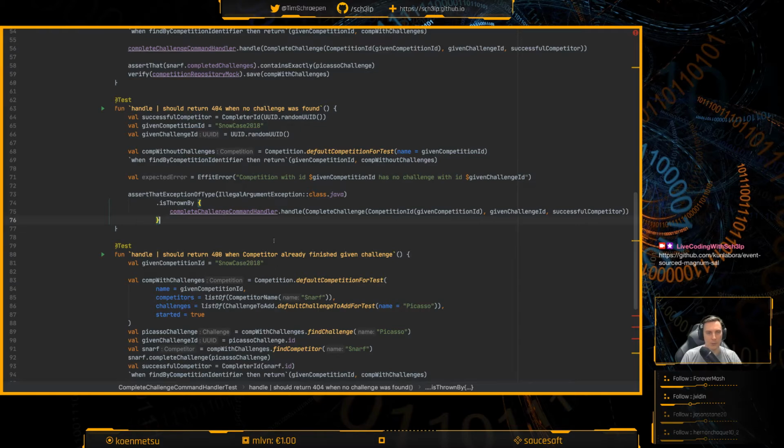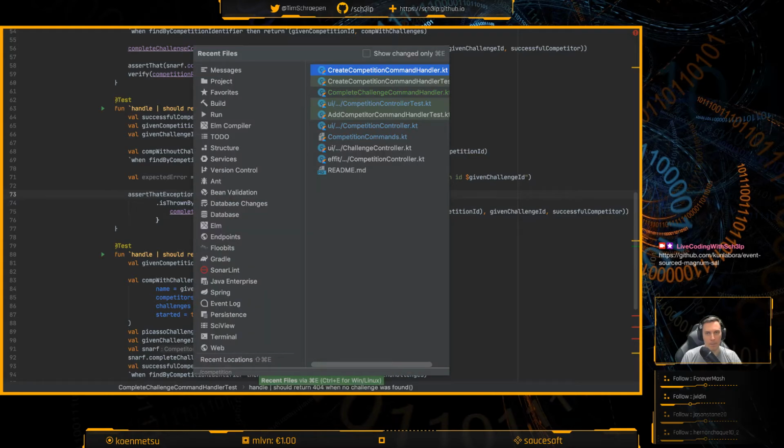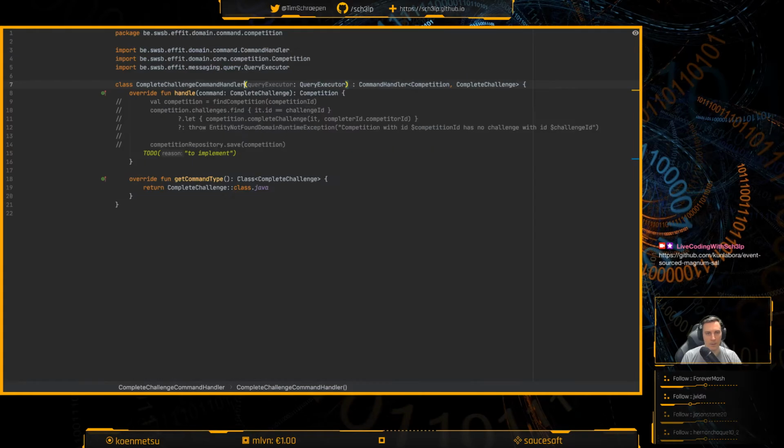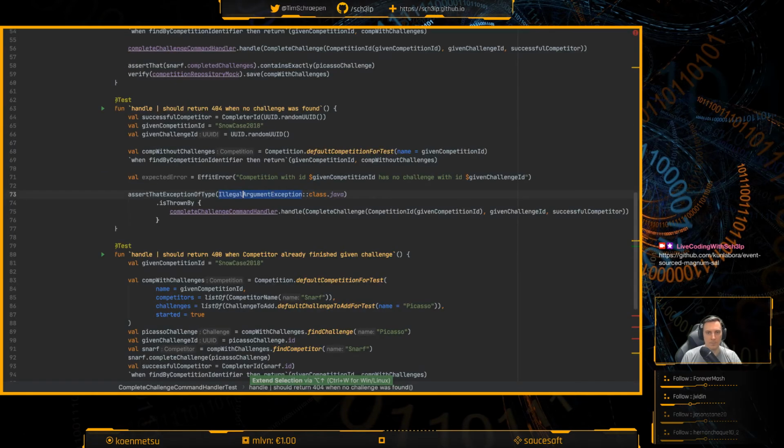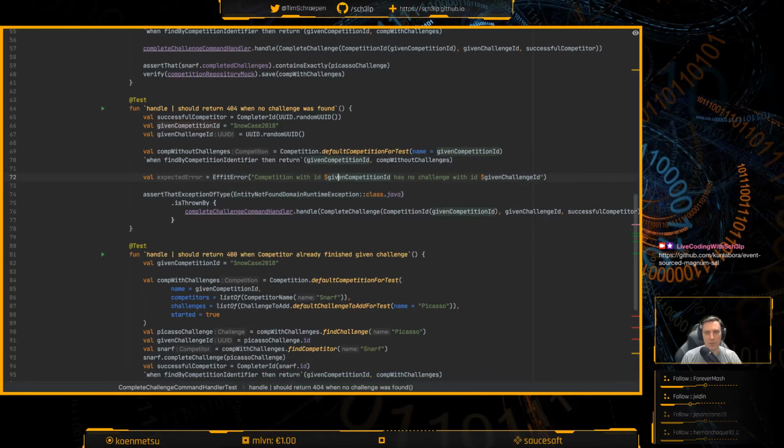It should be a 404 in fact, so maybe we should just take a look at what happened in the handler. Entity not found. Which will get translated into a 404 with this.